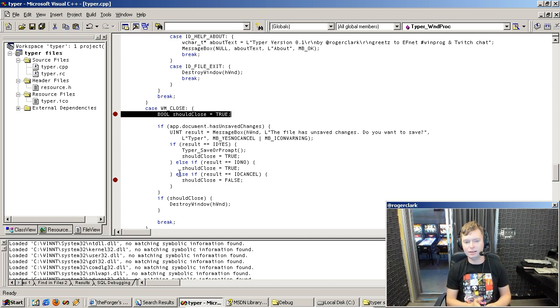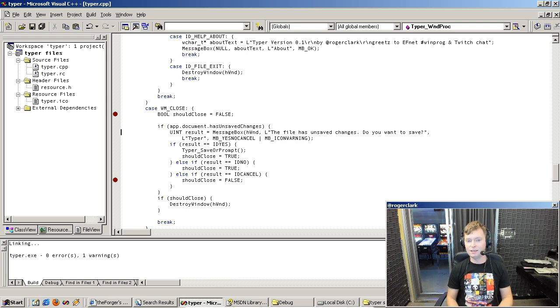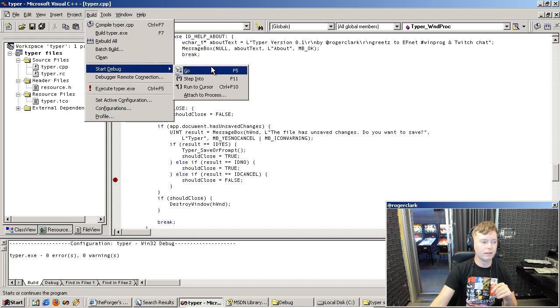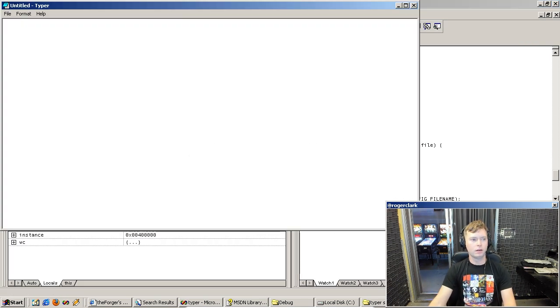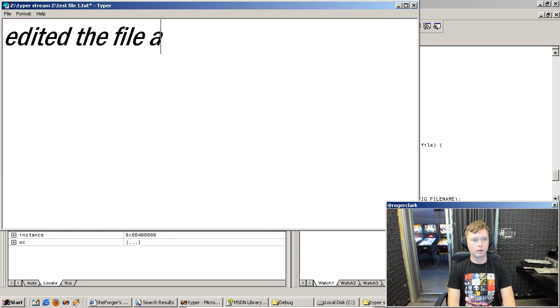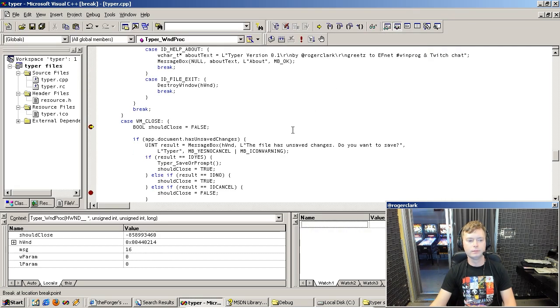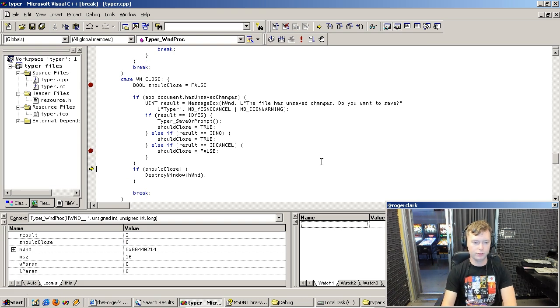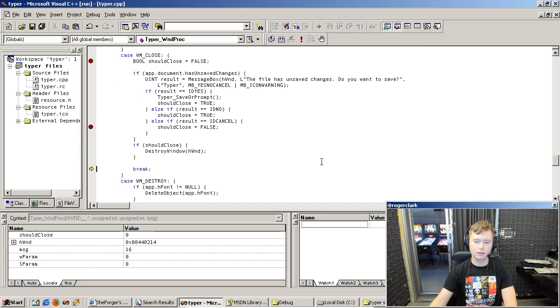Maybe not the desired thing. Maybe I should say false actually, because maybe we should not save if we add some case later on. And yeah, that would take care of the case where should close is false, and